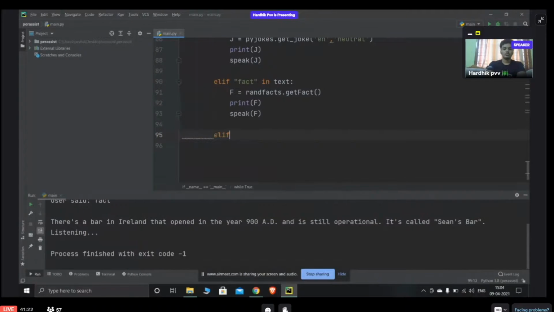If I want it to open an application which is existing in my PC, suppose I use Microsoft Teams. So if I say open, I can either put Microsoft Teams or Visual Studio Code also. If I say open code,